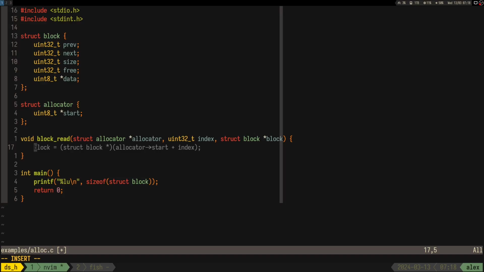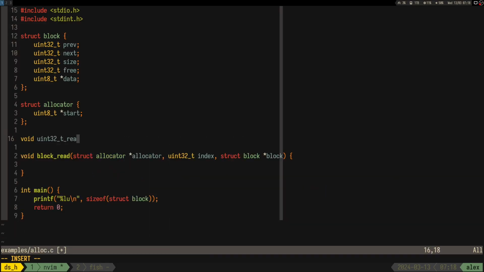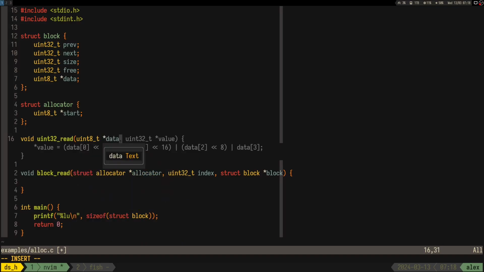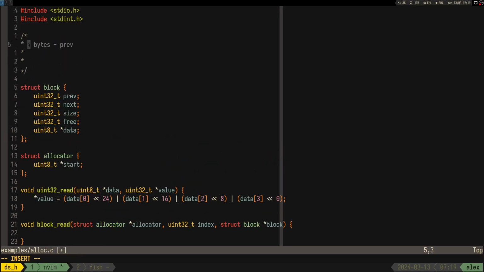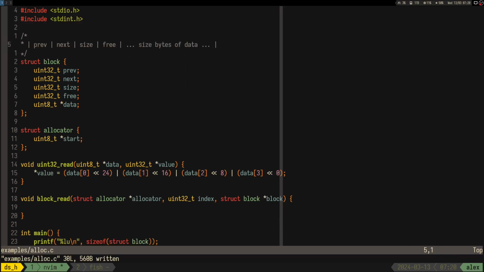So yeah, I was stuck for quite a while on this block read and block write. So I decided to split that into each field basically. So reading, being able to read the ints, being able to read whatever and whatnot. So here I was thinking how the memory layout will look. It's good for showing other people how the memory layout looks, but it's pretty obvious how it looks, right? We have